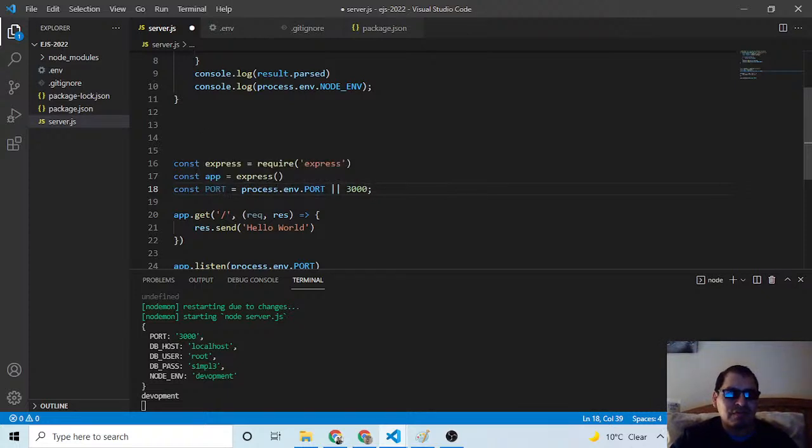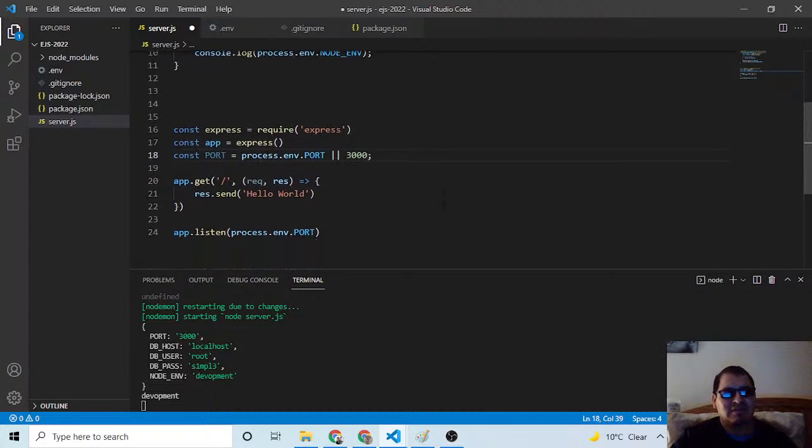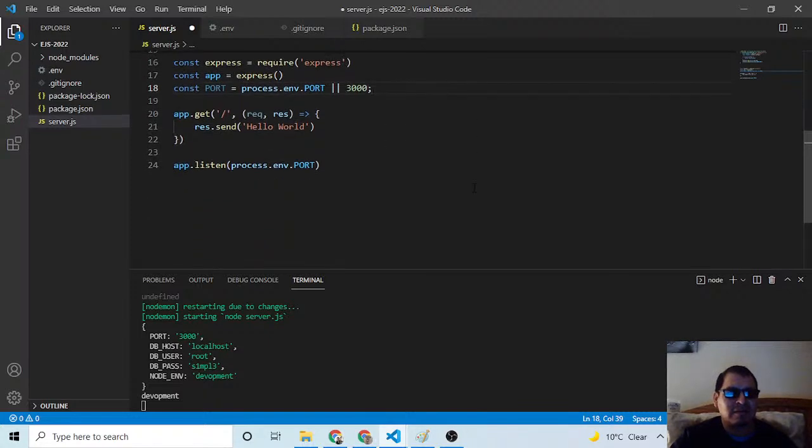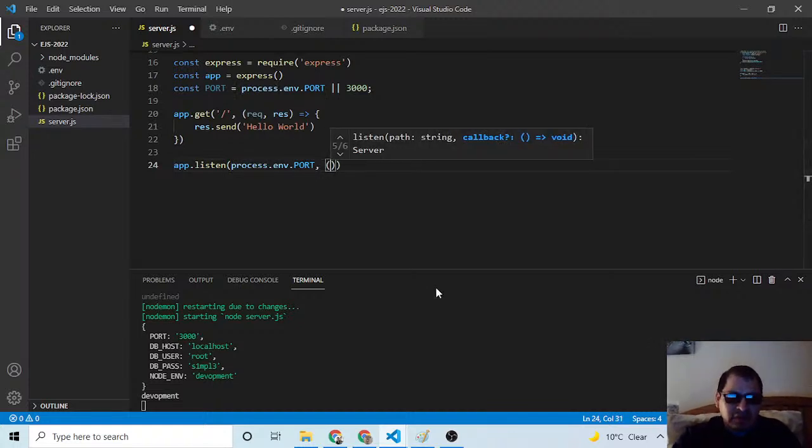It's either going to be from the process environment port, which is 3000, or I will assign it 3000 myself, whichever. And over here I'm going to say comma, an empty function, an empty arrow function.